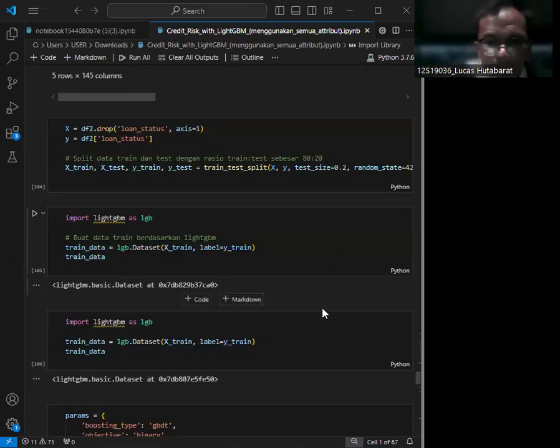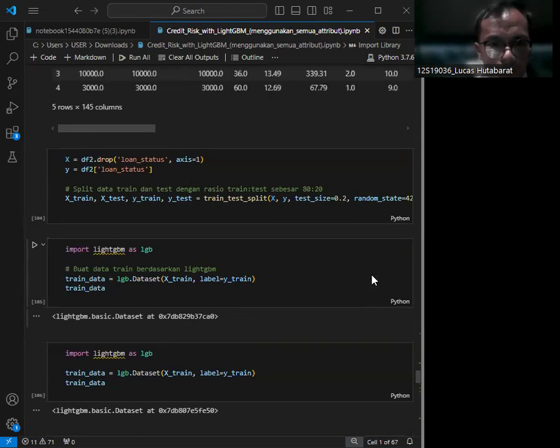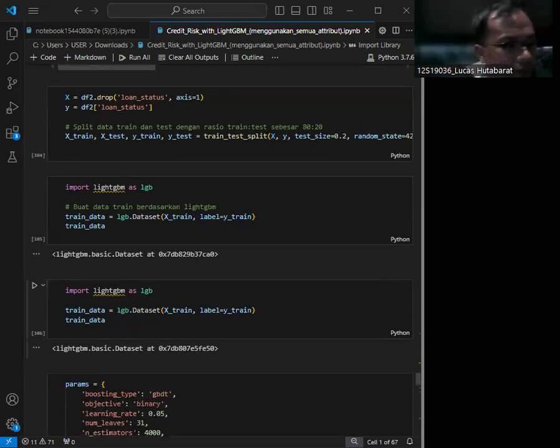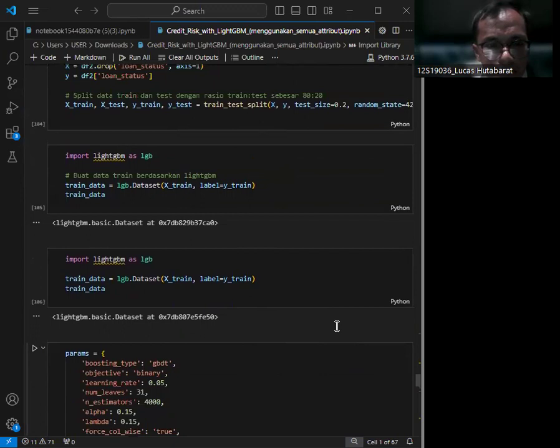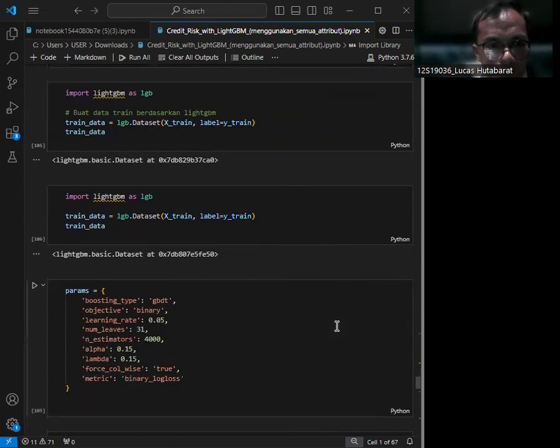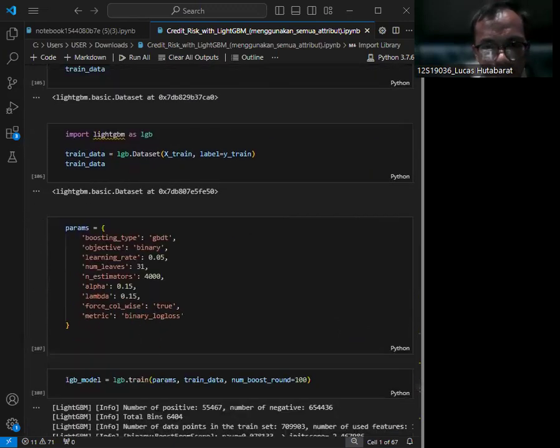And then we split the data into train and test sets. We split the data into training and testing sets. This allows us to evaluate model performance on unseen data. And then we train the LightGBM model with specified hyperparameters.